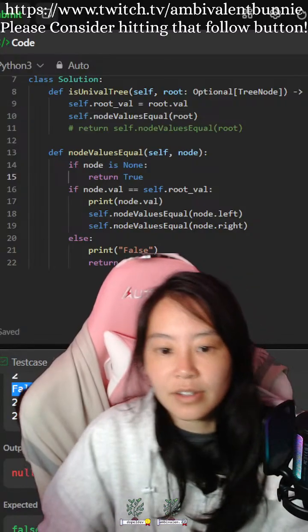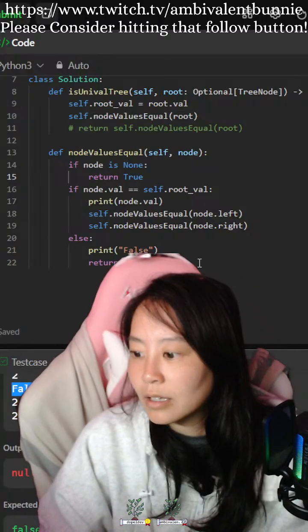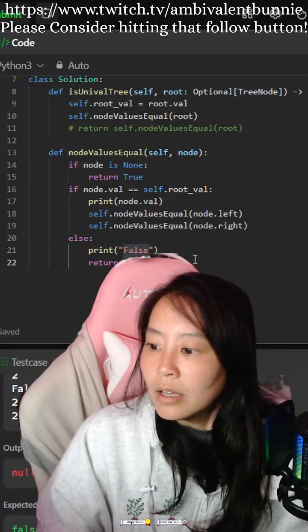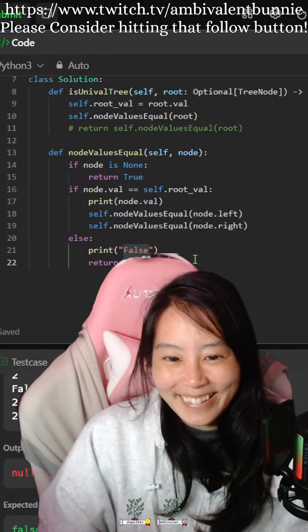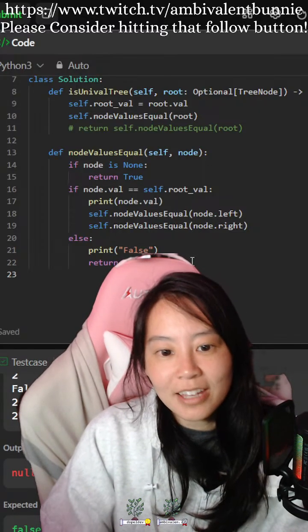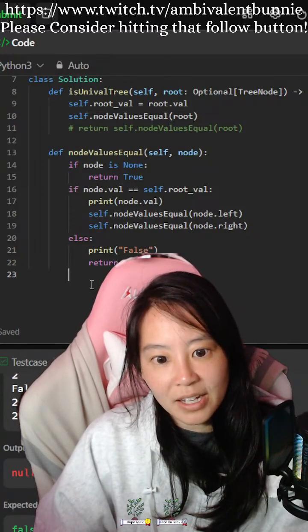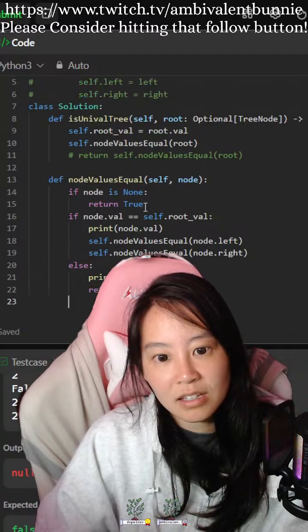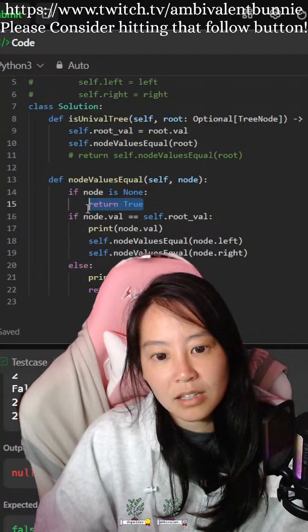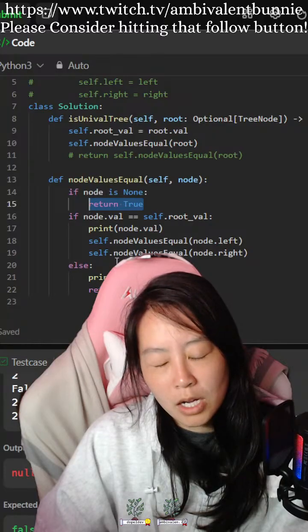Yeah, so I feel like None does not equal None. So I'm thinking I need the return true here, but I'm also thinking that doesn't work.